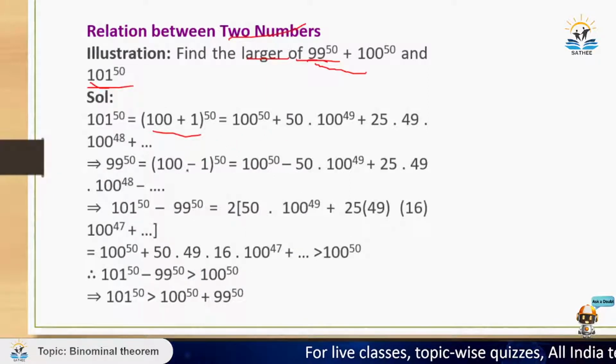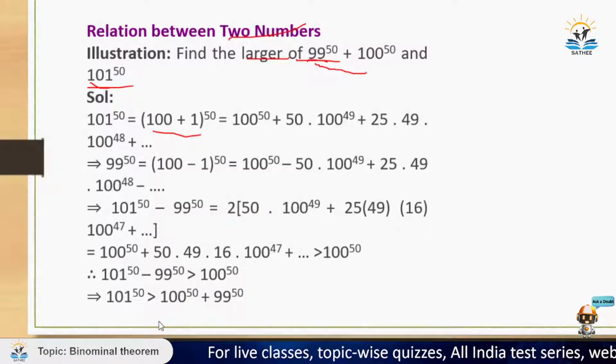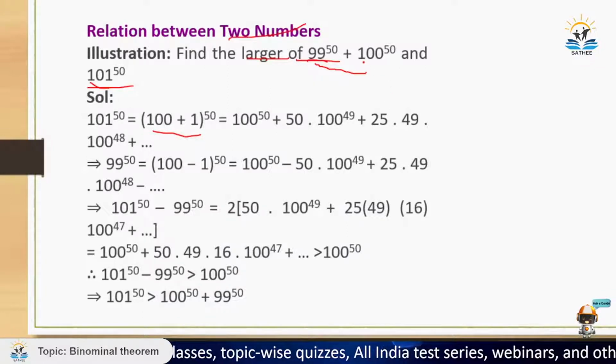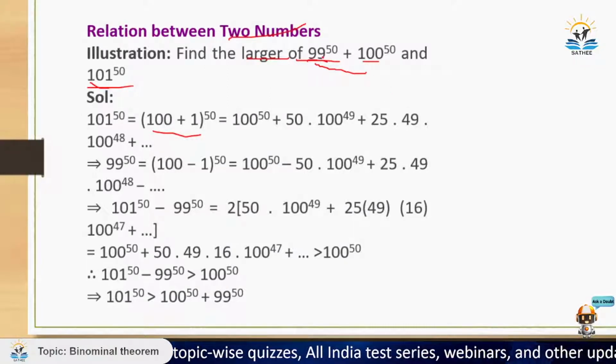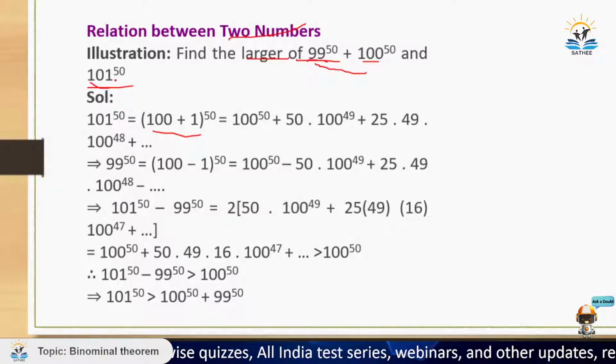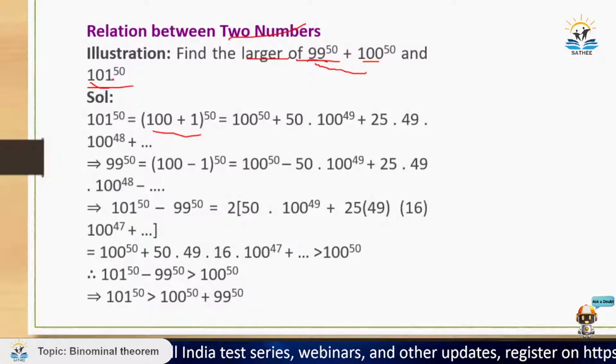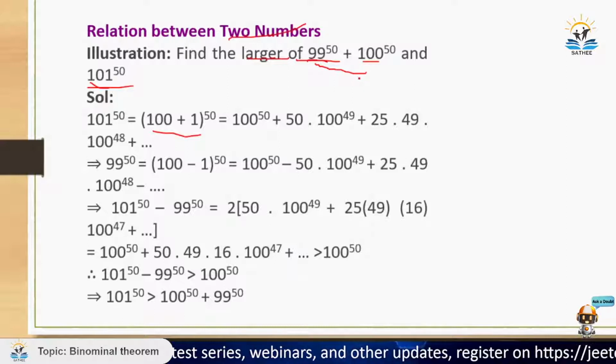When you try to open it, you know that 99 power 50 is nothing. अच्छा, इसमें एक और चीज होती है, इसमें आपको सिमेट्री भी होती है। जो एक नंबर होता है उसके आसपास के दो नंबर दिए रहते हैं, जैसे कि यहाँ पे 100 दिया हुआ है, तो 99 is 100 minus 1 and 101 is 100 plus 1। सिमिलरली ऐसा भी हो सकता था कि यहाँ पे 100 दिया रहता है, यहाँ पे 98 और यहाँ पे 102 दिया रहता है, तो वहां पे भी फिर आपको 100 के आसपास के दो नंबर दिए रहते हैं।